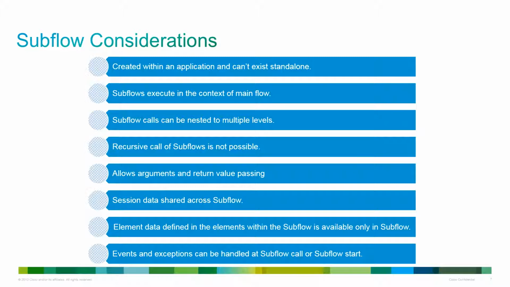We can also pass arguments and return values between the calling flow and the called subflow. This is needed to make the subflow more flexible. We can pass some information to the subflow and the subflow can use that for building its logic more efficiently. Once the subflow execution completes, it can return the results to the main flow or the calling subflow. This returned information can be used in the calling flow to implement its logic based on the results provided by the subflow.